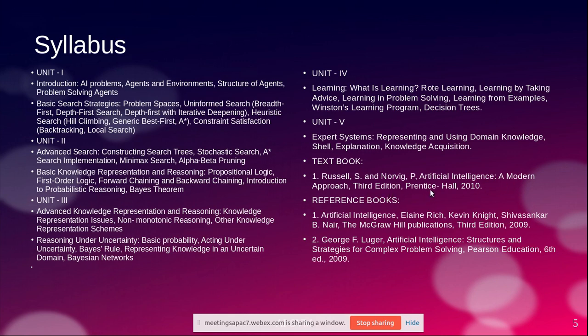Modern Approach, third edition, Prentice Hall, 2010. So we have two reference books, and many more are available online. Many lectures are available from various universities like Stanford University, MIT, our own NPTEL, and many more. And apart from that, your favorite YouTube is there. And if nothing works, yes, our Google Baba is there to support for any problems we face.